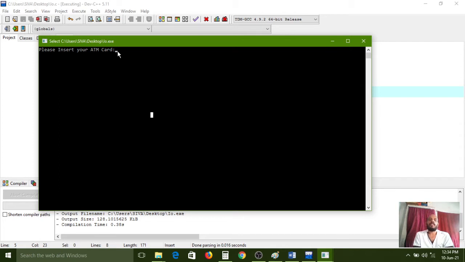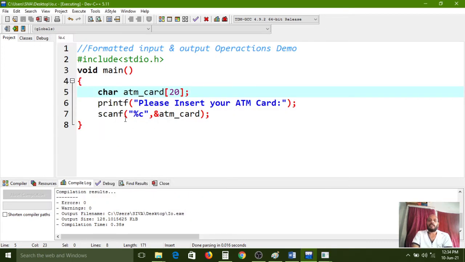By reading this line, looking at this message, immediately as a user, you enter the card. Here, for inserting, I am giving the name Andhra Bank. So I have given the value Andhra Bank here as input. After pressing the enter key, carefully observe the scanf function taking the input. What type of input? Character type of input. So what does %c intimate to the scanf function?